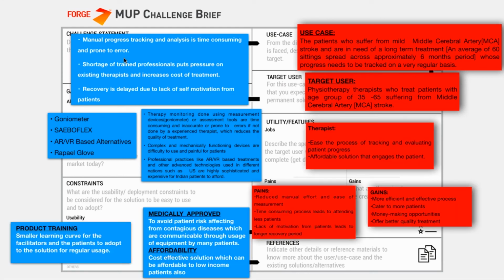When we come to the constraints or adoption barriers, the tool helps the innovator to solve real-world problems, specifically in the cases where current alternatives, as we saw, already exist. It is very important to understand these barriers to adoption, because that's also going to be a potential area for innovation. Adoption barriers are those perspectives of the target customer or user that prevent them from making the current solution a part of their lives.